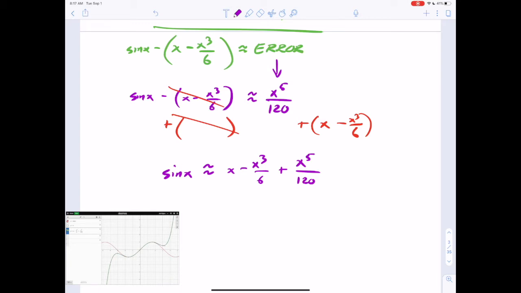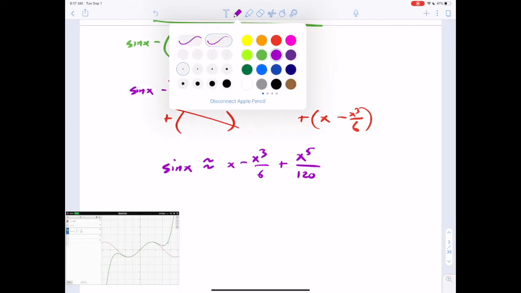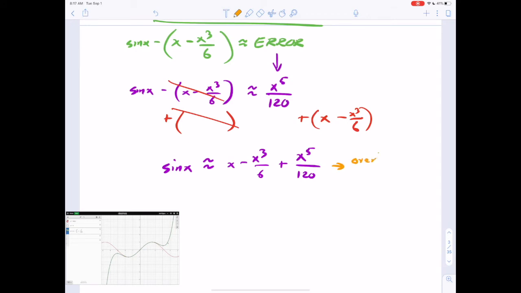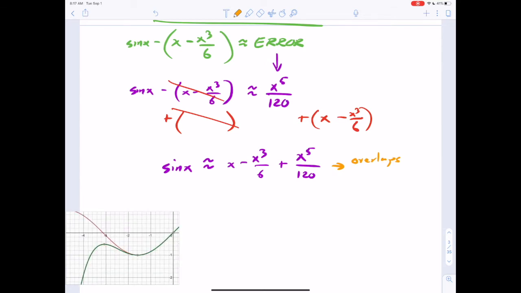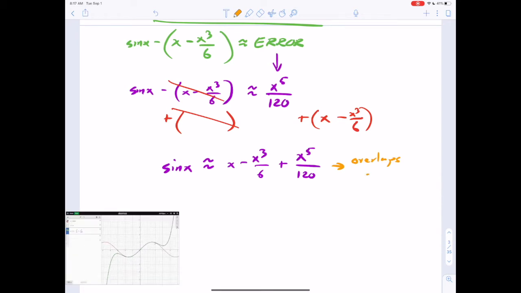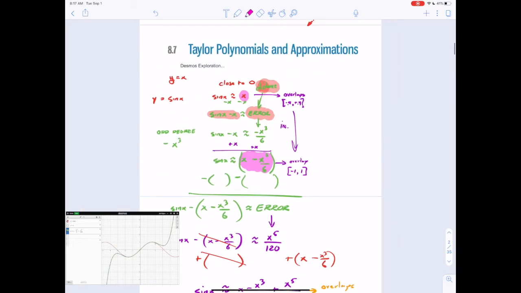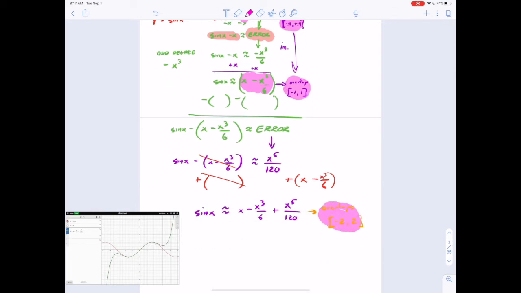Okay, notice how it starts to hug the sine function even more. Same question to you guys: where does it overlap? Roughly from where to where does it overlap? It's looking like, I hope you guys agree with me, it starts to overlap at about a little bit before -2, and then it starts to separate right there. So a little bit before -2, but I'll just put -2 all the way to about +2. Again, these are just approximations, but notice how the overlap has gotten better each time I added a new term to it,